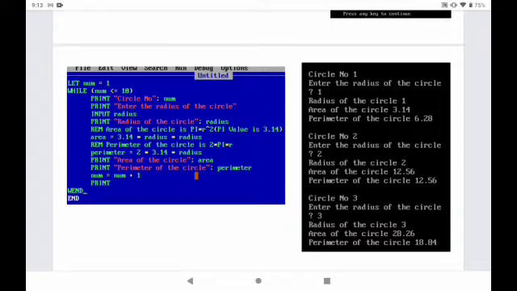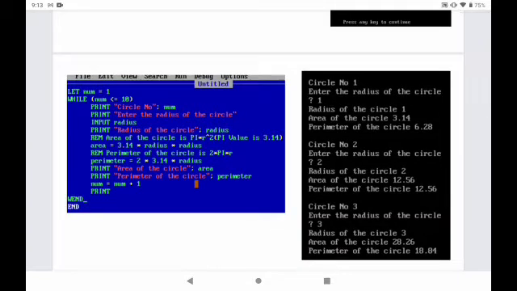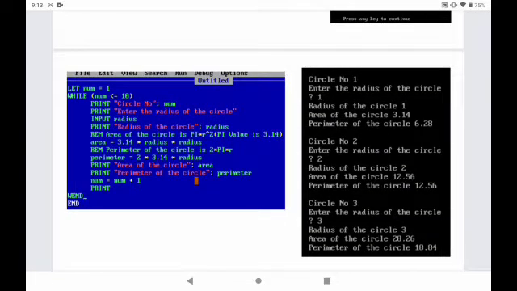And after that num equal to num plus 1. That means the number will get incremented, and the incrementation took place only by adding one value. That means at the first cycle the circle number will be 1, then circle number 2, then circle number 3, up to 10. And after that all the things can be printed properly. Then we are concluding our while, we are ending our while. Then the final end process will take place, and you can see the result here.